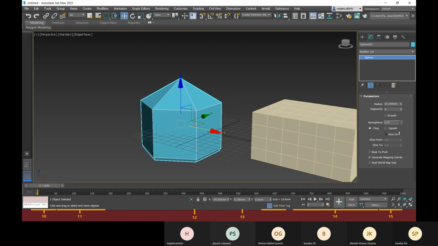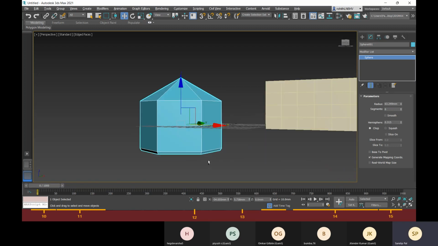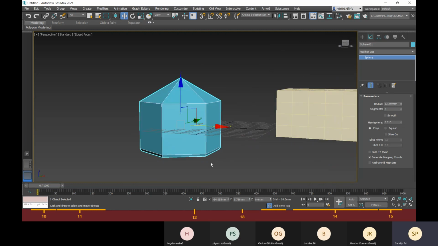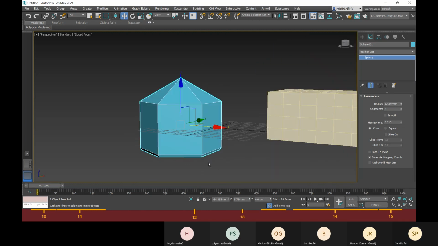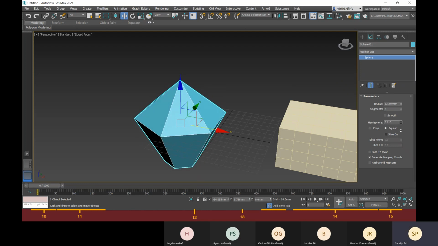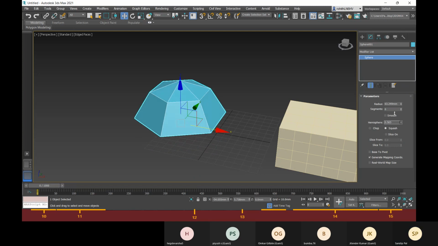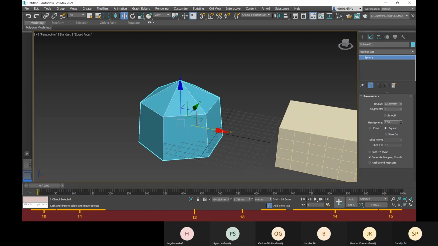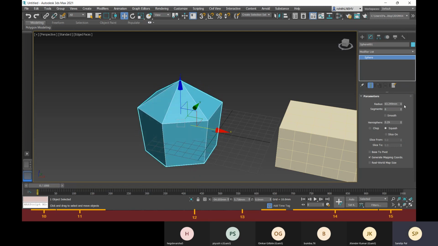So you see that 0.315 means 30% is chopped. Fine. And if you go for squash, it will be like this, in this manner.